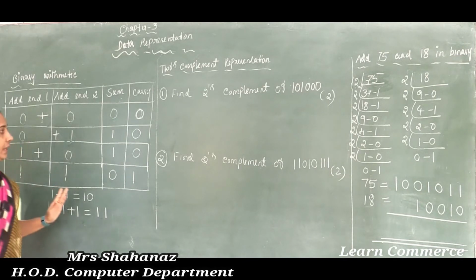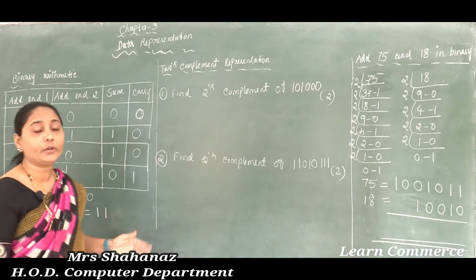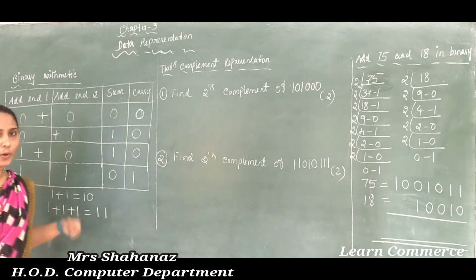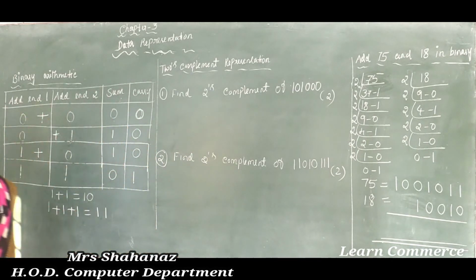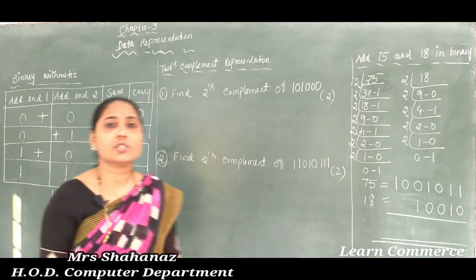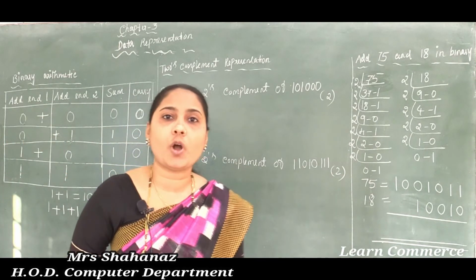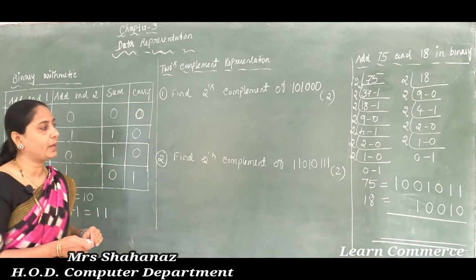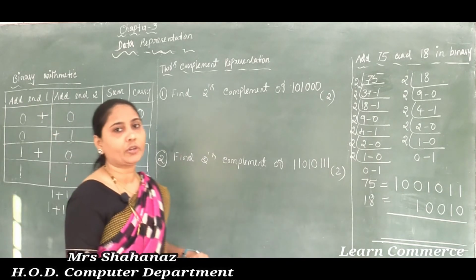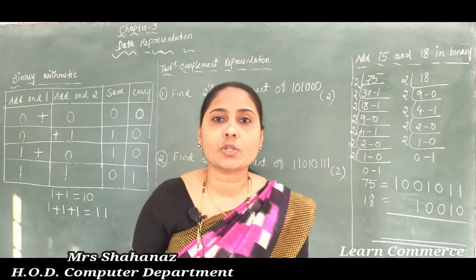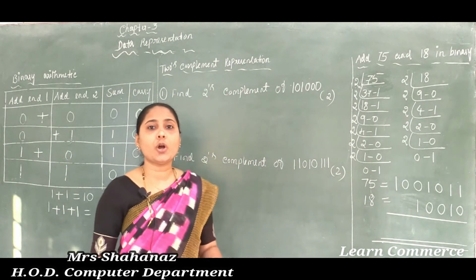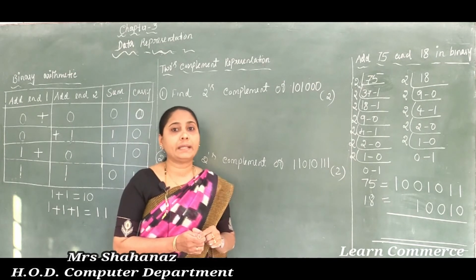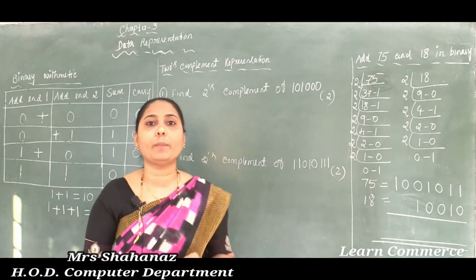After knowing some important notes about our binary arithmetic, now let's look at a problem to complete the 2's complement representation. Before going to complete the 2's complement representation, let's note some important points about it. This 2's complement representation is formed by taking the 1's complement of a binary number.